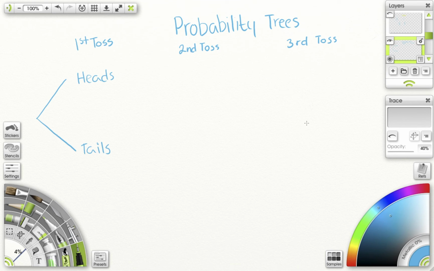Today we are going into probability trees. This is what I want to spend a little bit of time with because they take a little bit of time to draw out, but it also really demonstrates an interesting thing about probability. So let's say I'm having a bet with a friend that I can get heads 3 times in a row when flipping a coin.